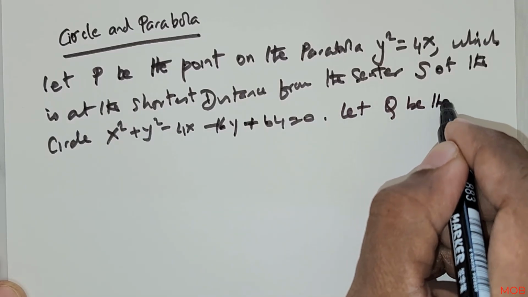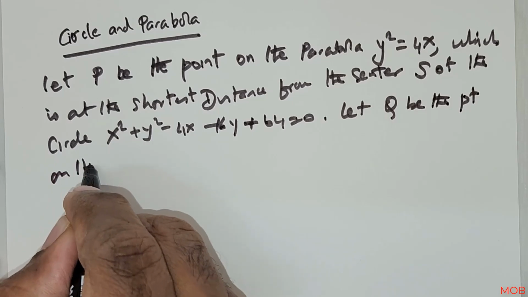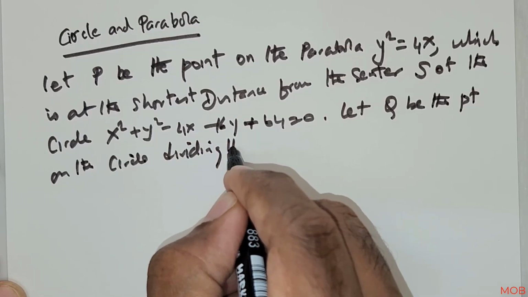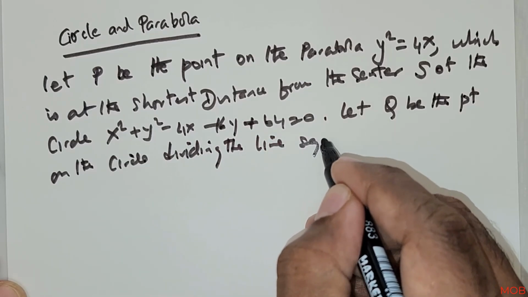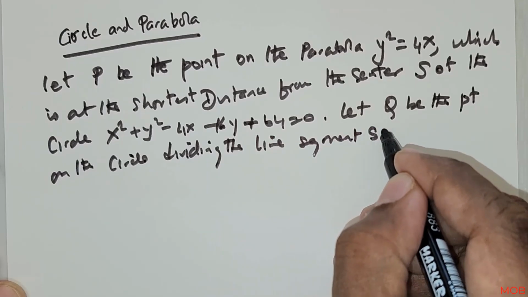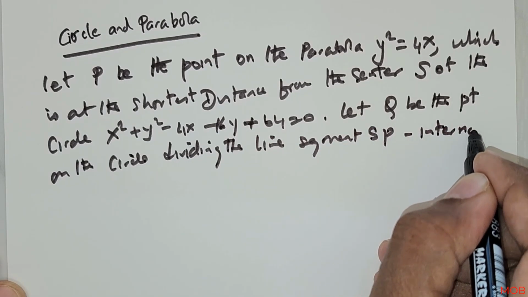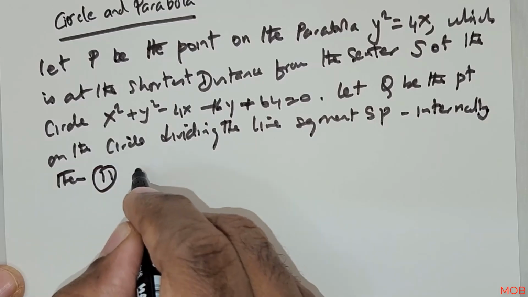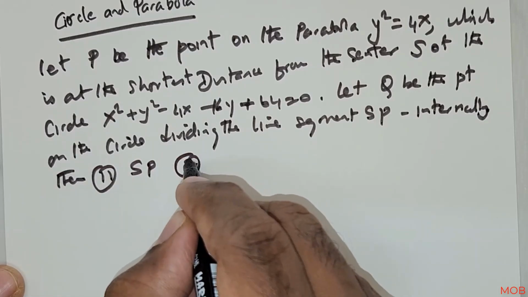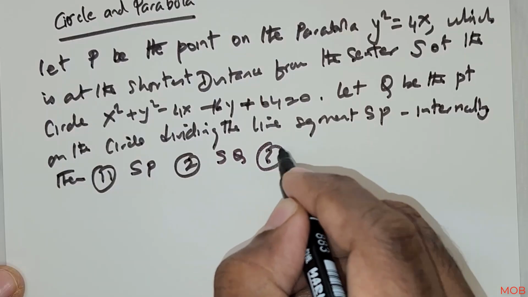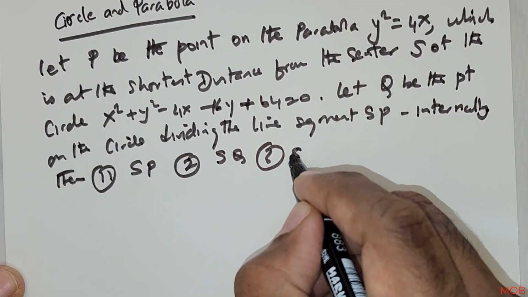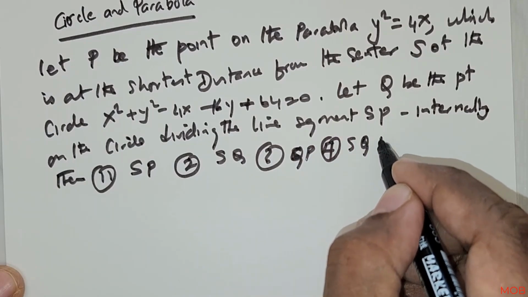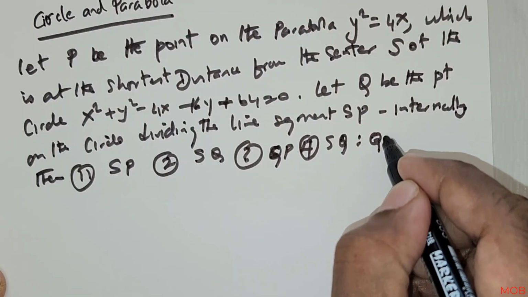Let Q be the point on the circle dividing the line segment SP internally. Then we have to find the following. We have to find SP, we have to find SQ, we have to find QP, we have to find SQ ratio QP,